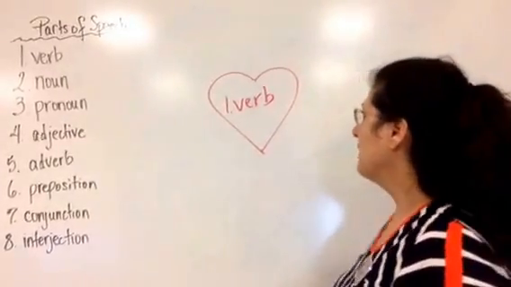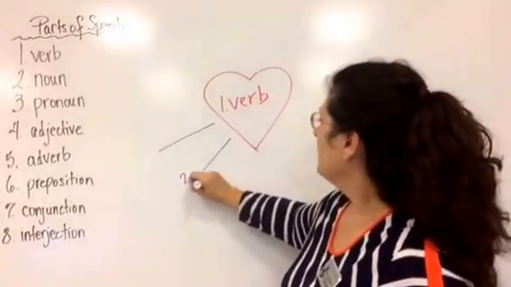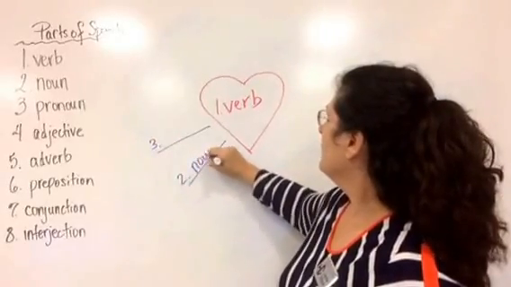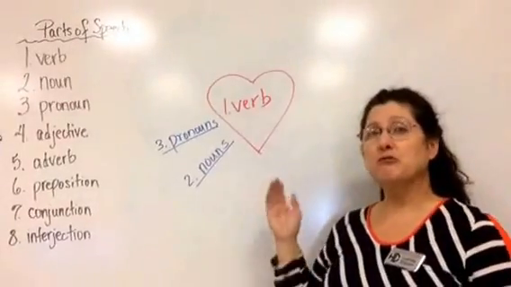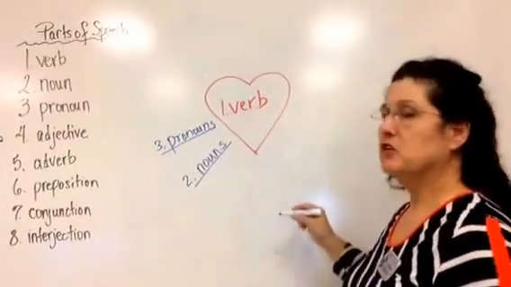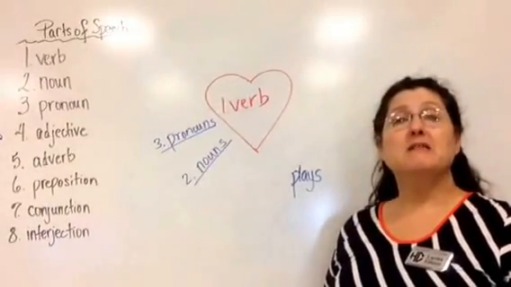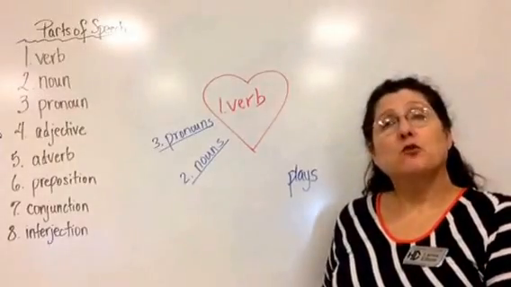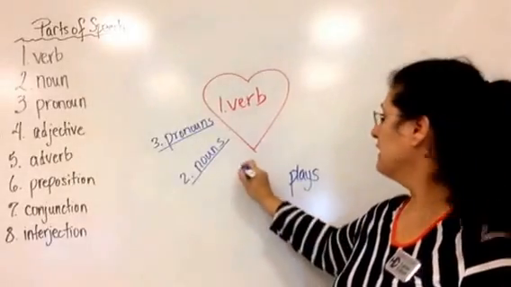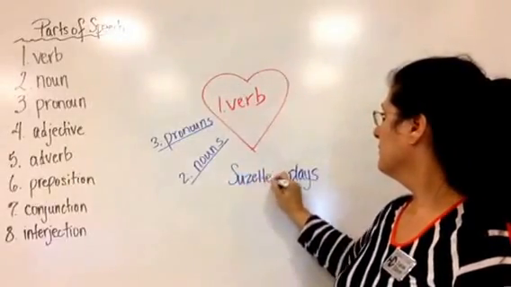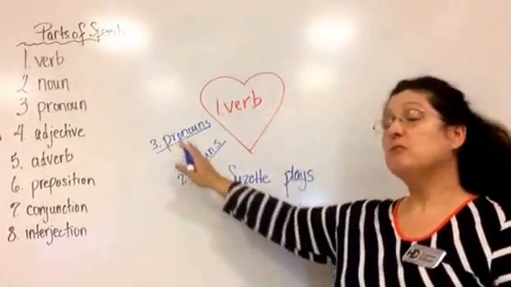All right, the next part of speech that I like to introduce is nouns and pronouns, okay? Because these are so directly related to the verb. If you have a verb such as plays, that verb needs a subject, and that subject would answer the question who or what plays, okay? So we could put a noun, a proper noun, like Suzette. Suzette plays, or she plays, or he plays, and we can talk about pronouns and nouns being used as subjects